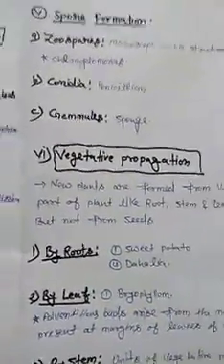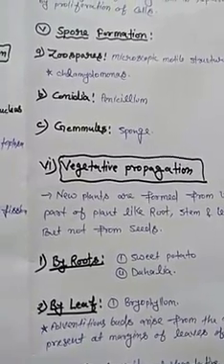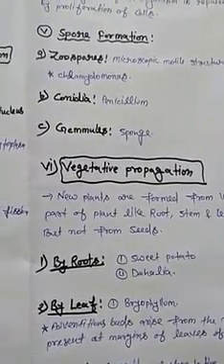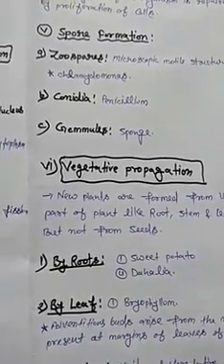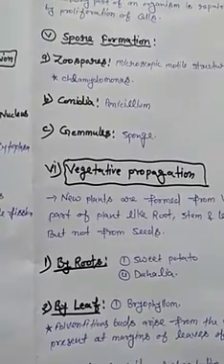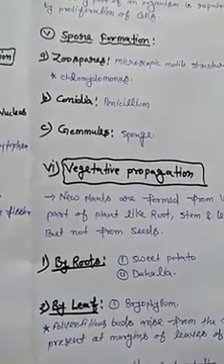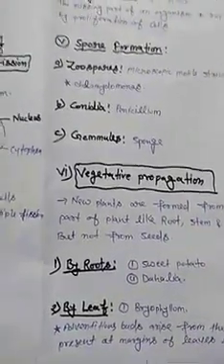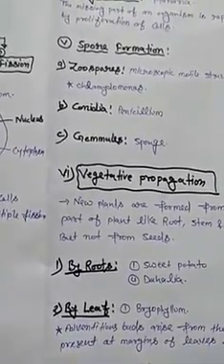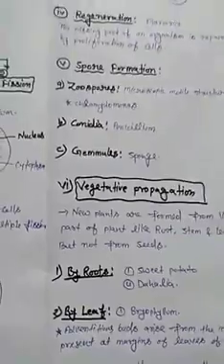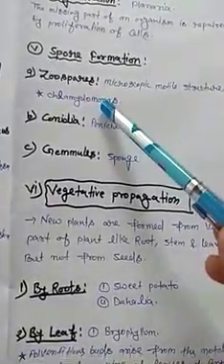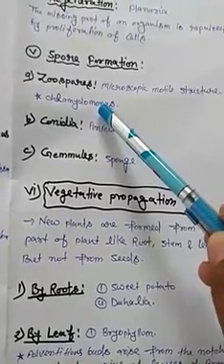What is the zoospore? Zoospores are naked microscopic motile structures with one or two flagella. Zoospores are produced in a sac-like structure called zoosporangium. An example of zoospore is Chlamydomonas.